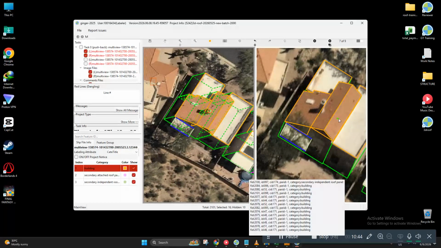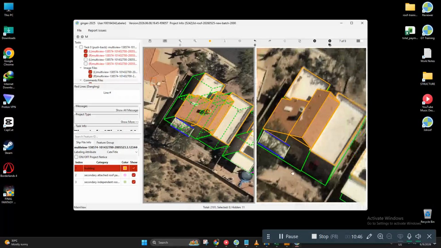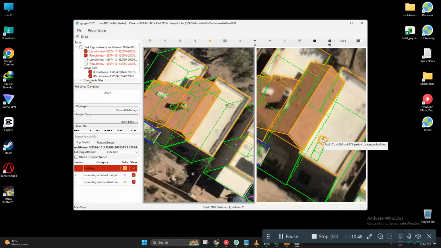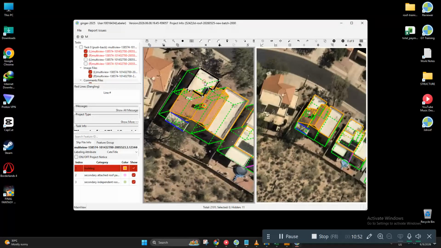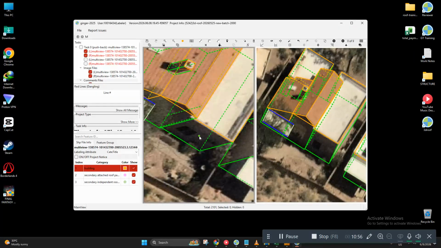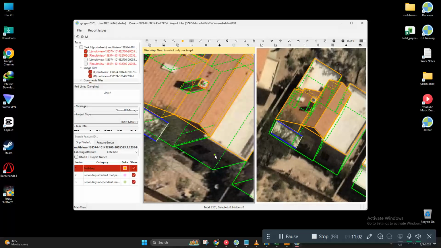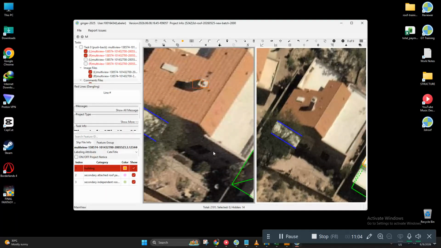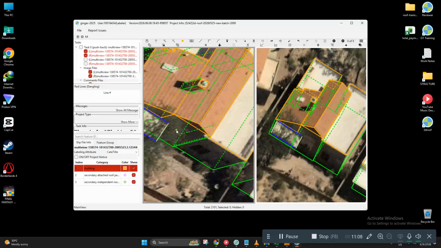J, oh, sorry. And group for J again. We copy this layer or wall height. Group again. J, 6.